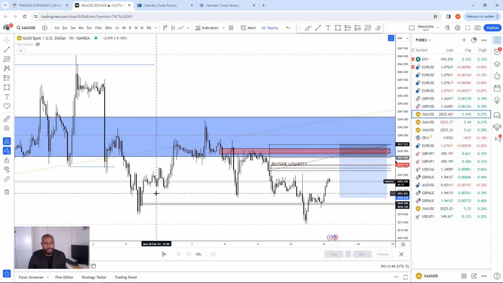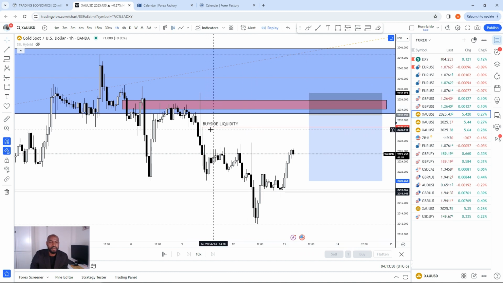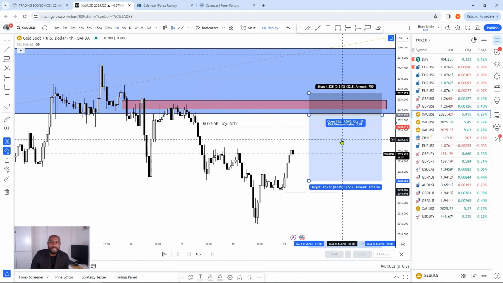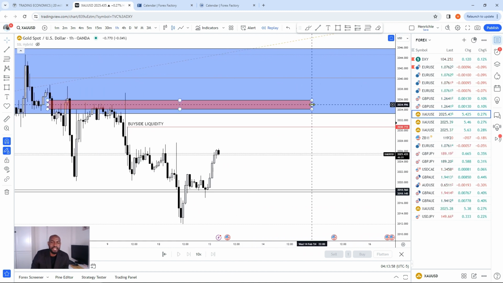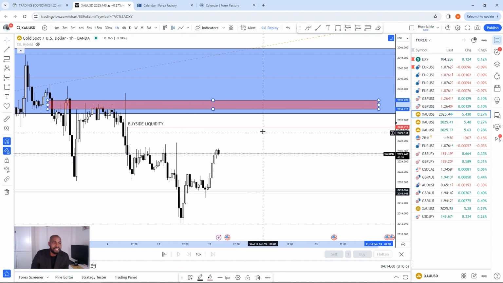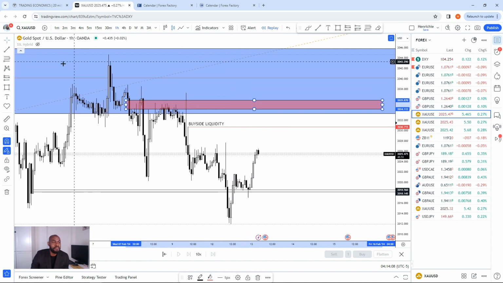Now, the next thing we'll be anticipating is for price to come up to the upside, potentially to run buy side liquidity. And then we're going to be waiting around this key level to see what price is going to do. If it comes in here and shows us its hands that it wants to go to the downside, we'll look for sells. But if it doesn't, then potentially we could run these highs,